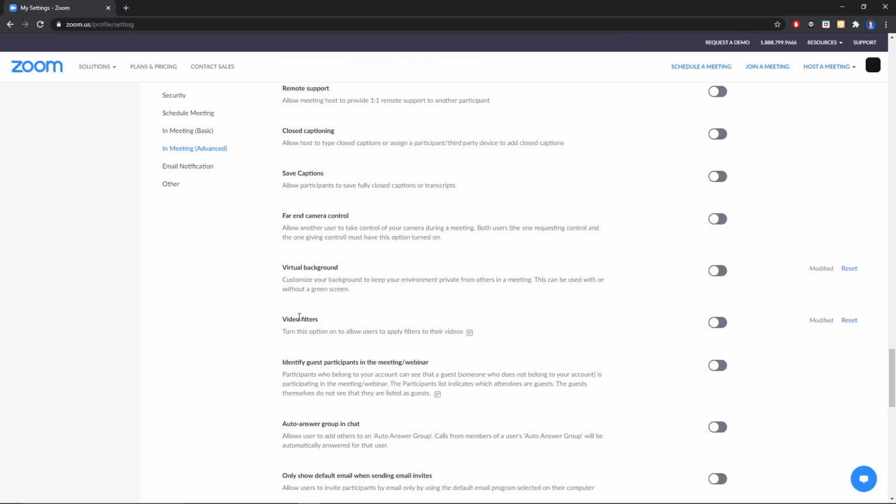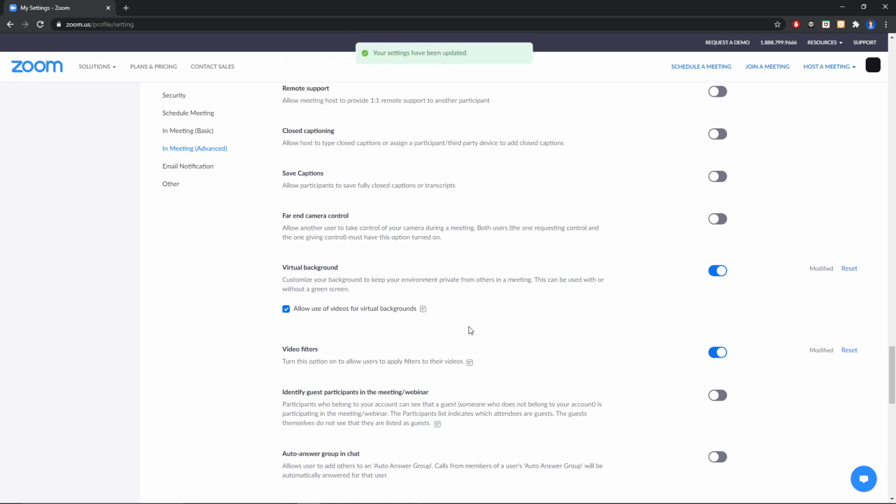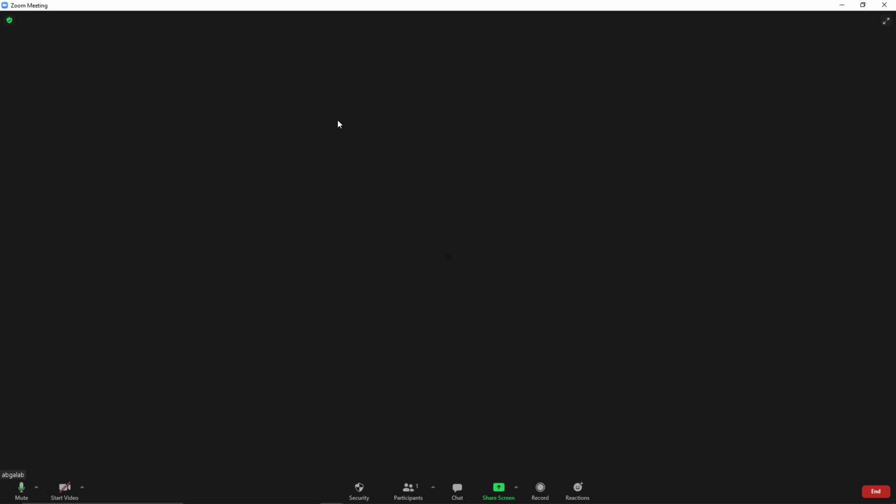So now they're disabled. We just have to enable them here, and when you enable the virtual background, this option appears here. So just check it off: Allow use of videos for virtual background, and that's all. No, actually that is not all, because when you close the official site of Zoom